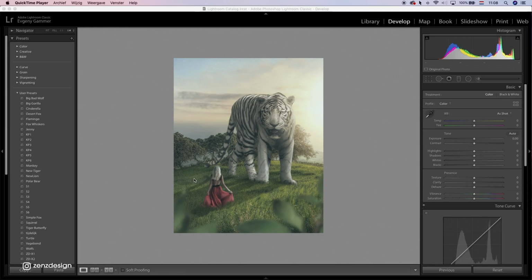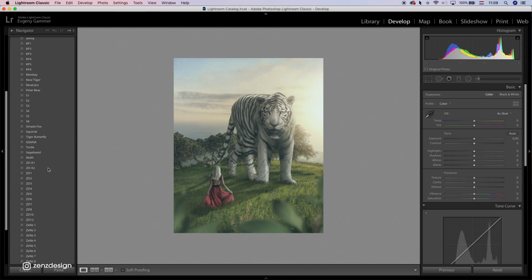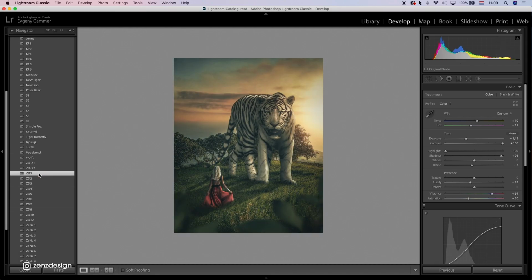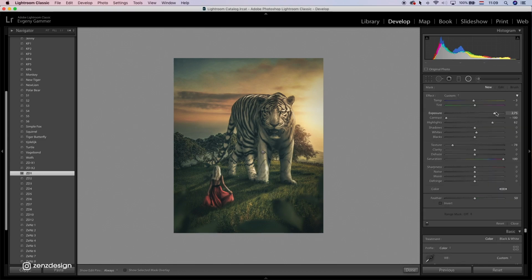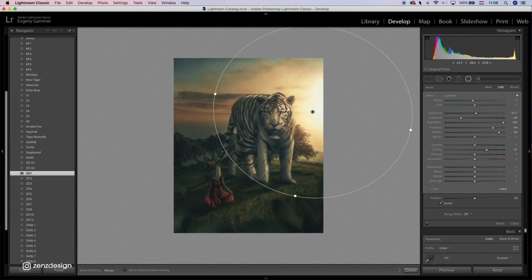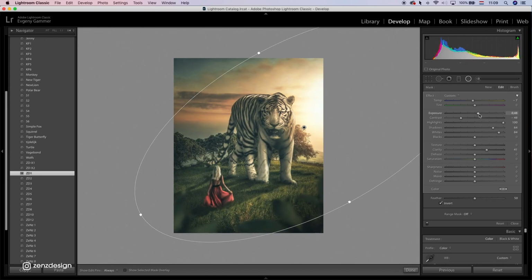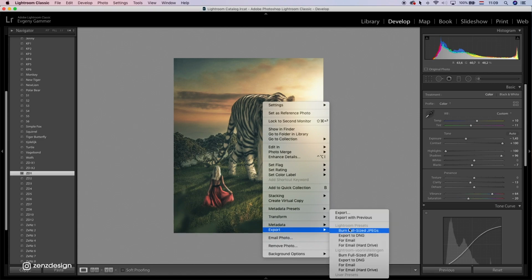Alright, now I got this into Lightroom and it doesn't look right now, but look what happens when I use one of my presets. So like this, and look the big change that it makes. So I'm gonna use this one and do some editing here. So it's a little bit dark now, so I'm just gonna increase this. So we can have like this beautiful sunset there. Rotate this, get this lighting all right. So something like this. And what I'm gonna do now is I'm just gonna export this again and open up